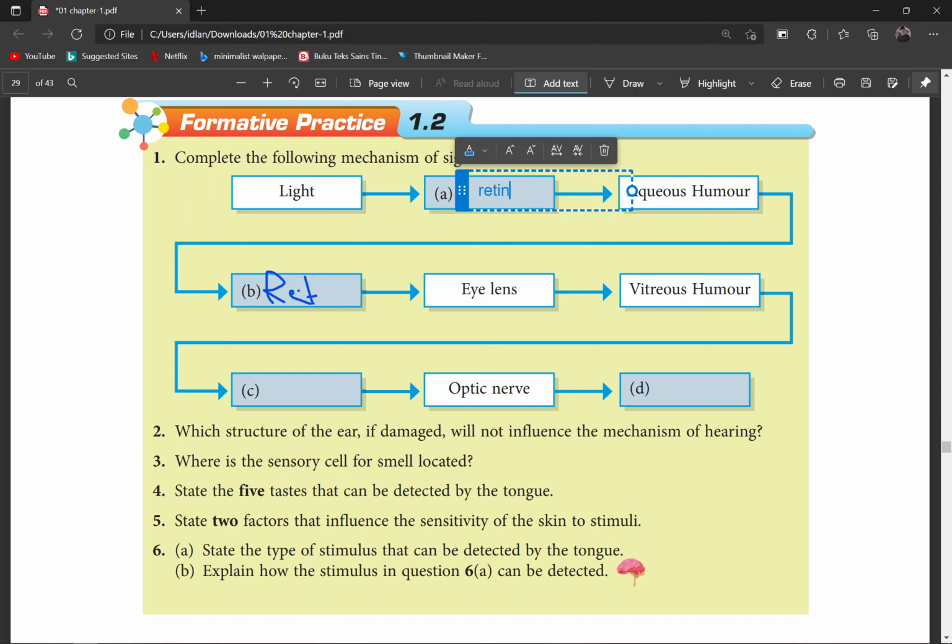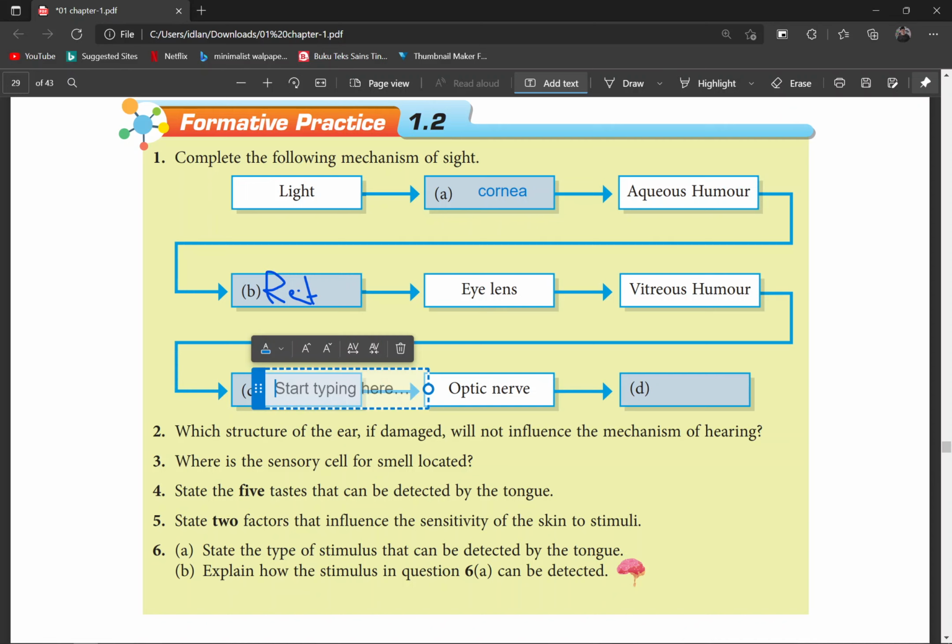Sorry, this is cornea first. Cornea, aqueous humor, retina, eyelids, vitreous humor, and then after that we have the